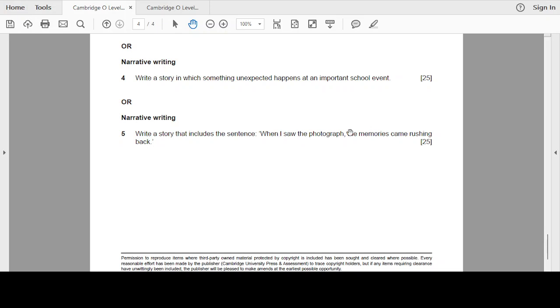So you will include it, you will not include it with the quotation marks, you will include it as a regular sentence in your writing. If it's part of a longer sentence, the W will not be capitalized. If it's a new sentence, it will be capitalized. But if you pick this topic, the examiner will be looking for this line in your story, right? Because that is the instruction given. Write a story that includes this.